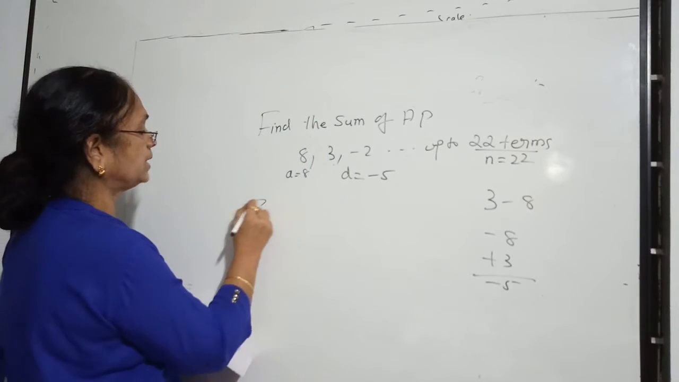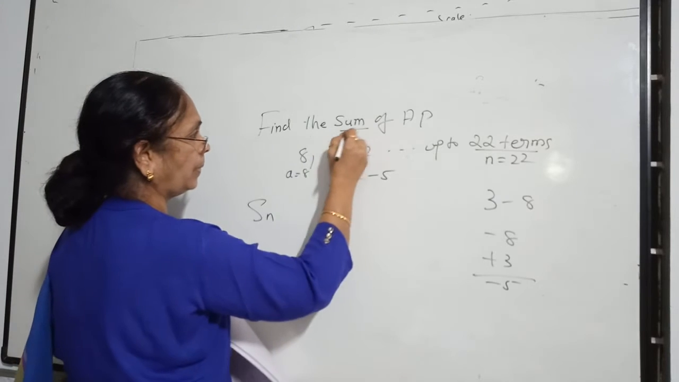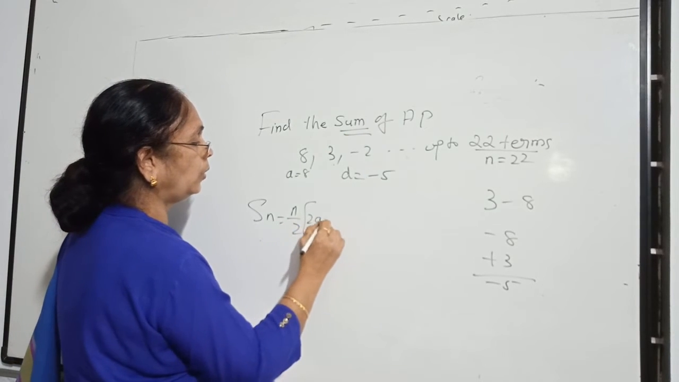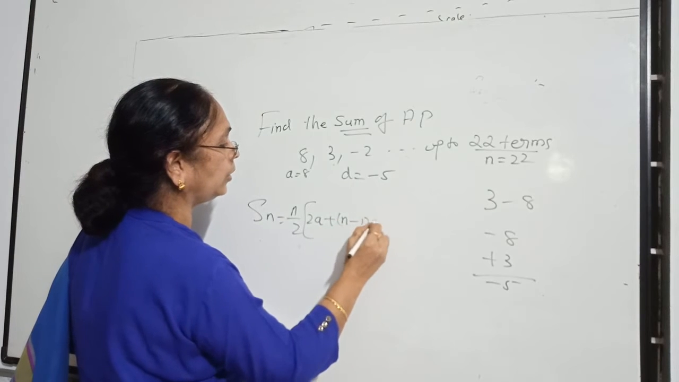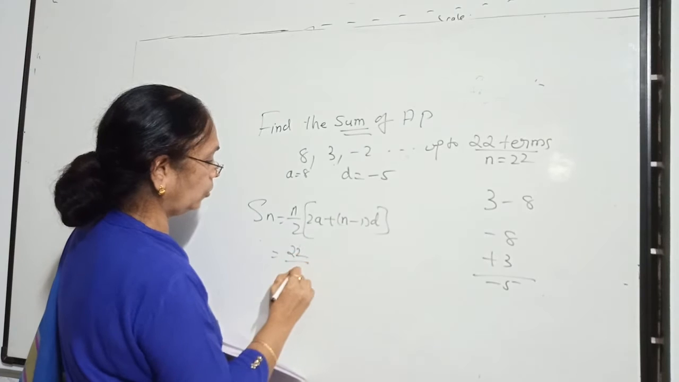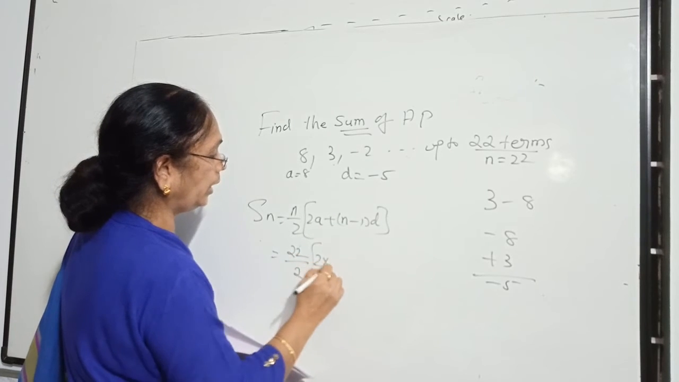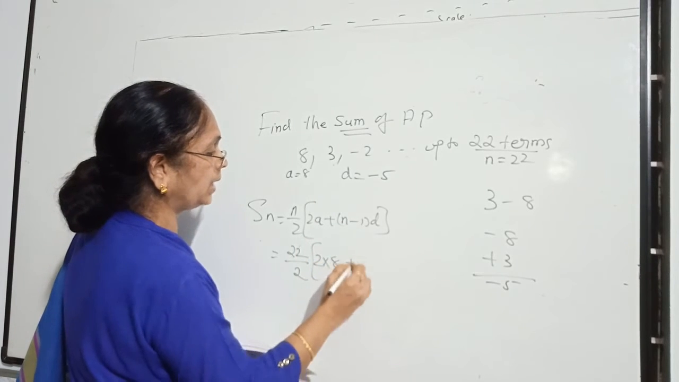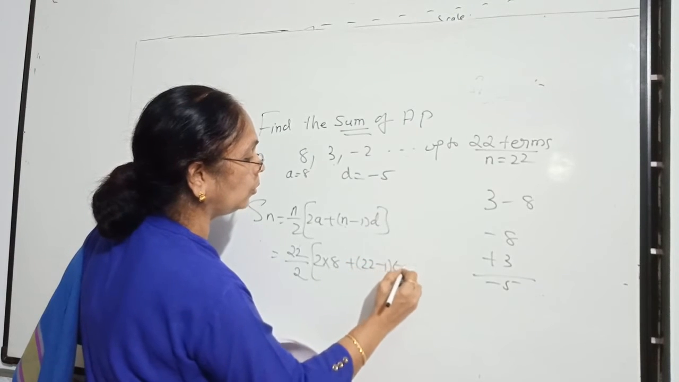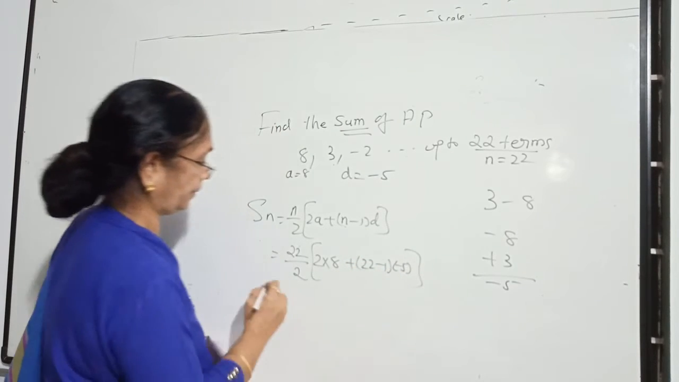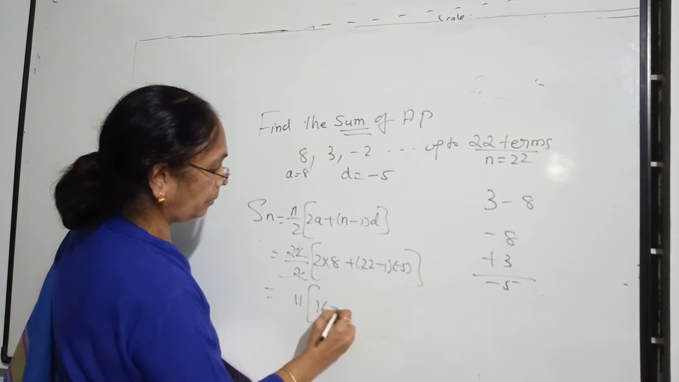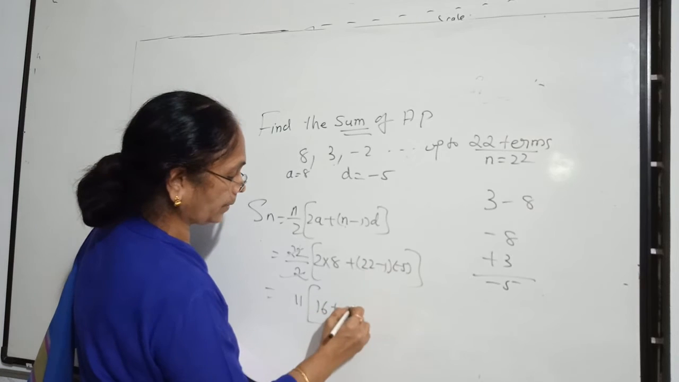Simple. Now the S n formula. See, because it is sum, it is S n. n by 2 into 2a plus n minus 1 into d. n value is 22 by 2, into 2 into a value 8 plus n is 22 minus 1 into minus 5, close the bracket. This is 11, this is 16 plus 22 minus 1,